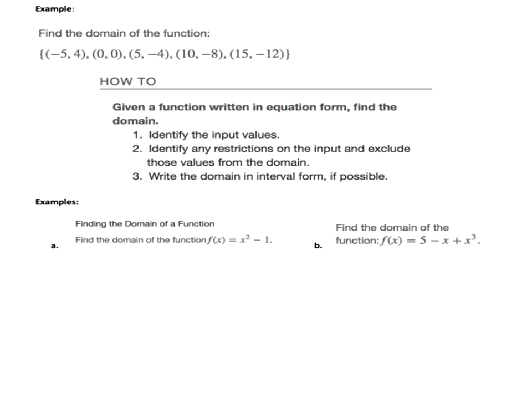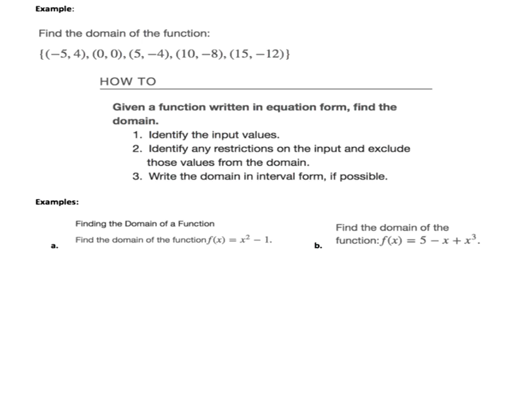So we are asked here to find the domain of this particular function that is given as a set of points. If you've watched through lecture 3.1, you will remember that functions can be given as a set of points, they can be given as XY tables, they can be given as an actual equation function, or they can be given as a graph.